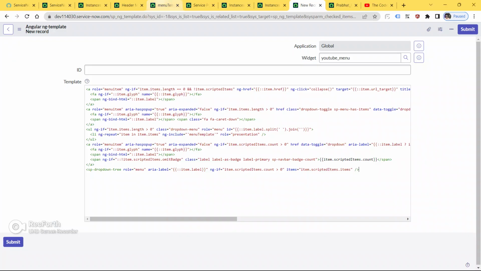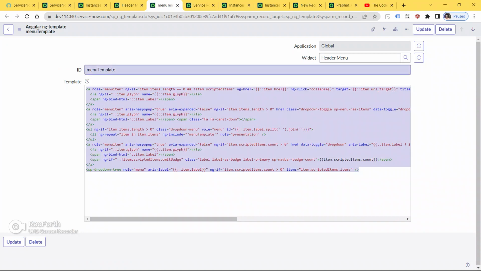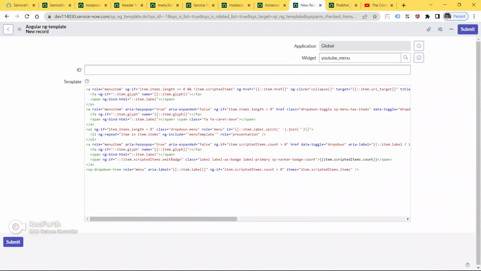Yeah, it's here. So now we have to paste it here, guys. The code, guys, I have copied from this menu template. Select again, copy it from here and paste it inside your menu template.